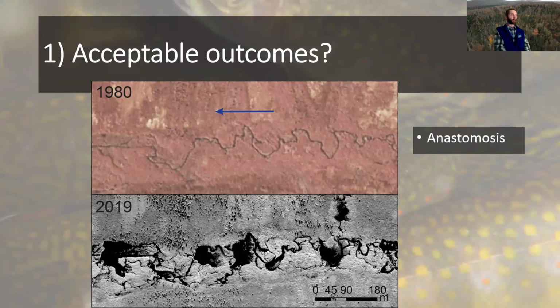But there's a single thread channel there. Looks like beavers colonized it and resulted in these beaver impoundments. And you can see all those other little channels that formed. And I think that looks great, but if somebody has a house right there, or there's a bridge or a road, maybe that isn't going to be okay.